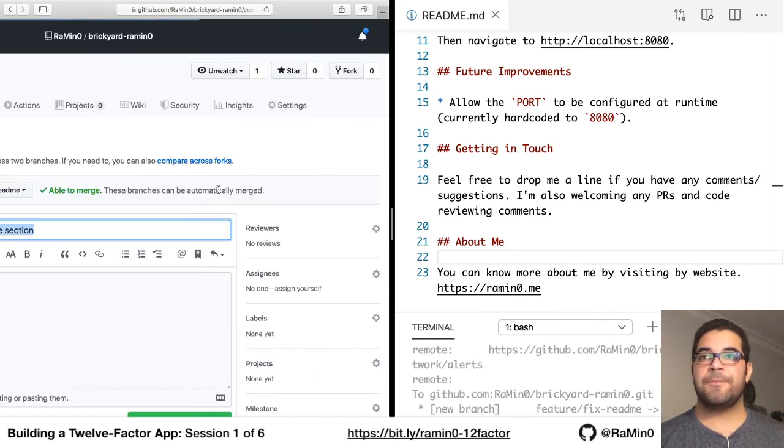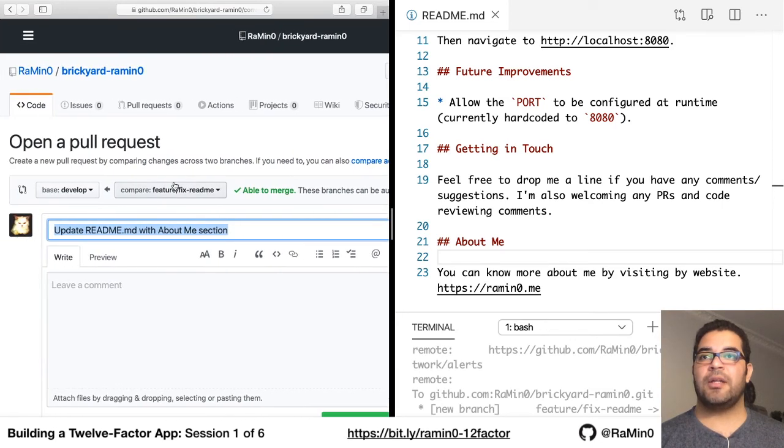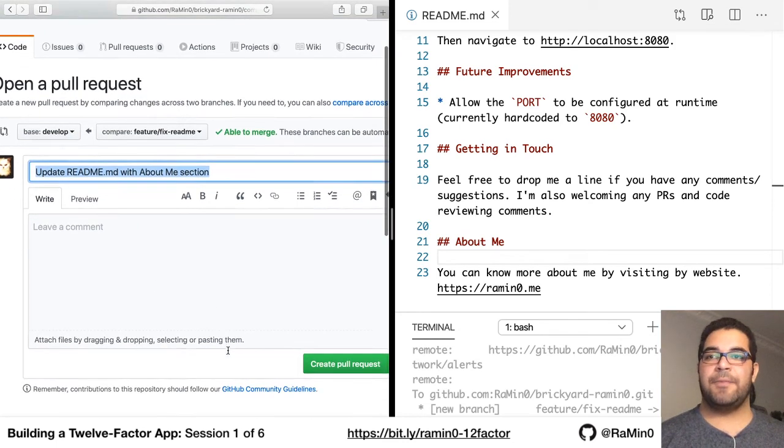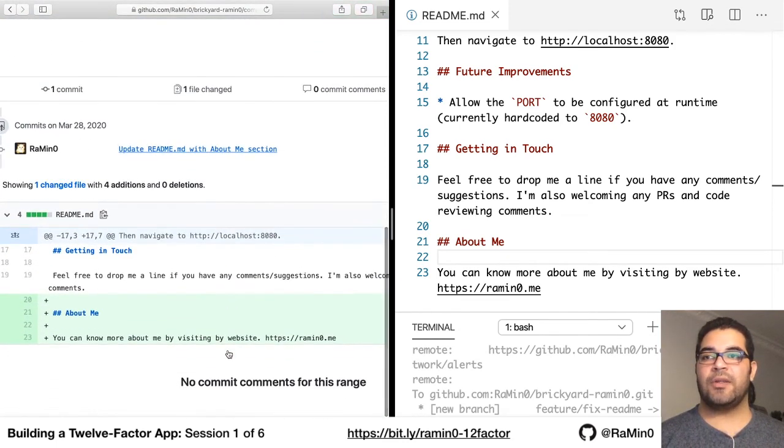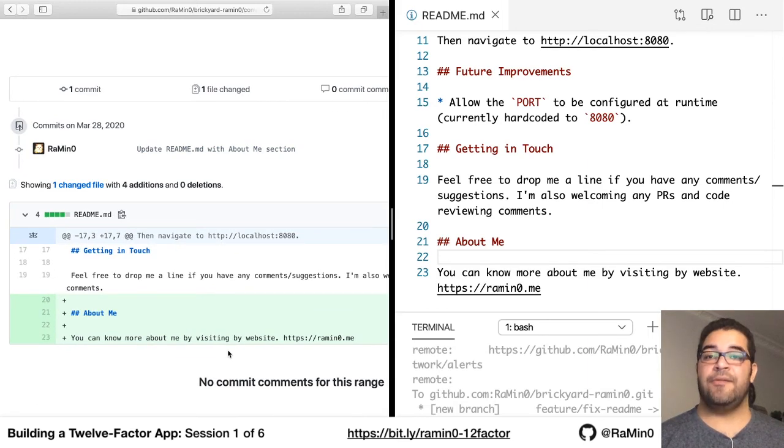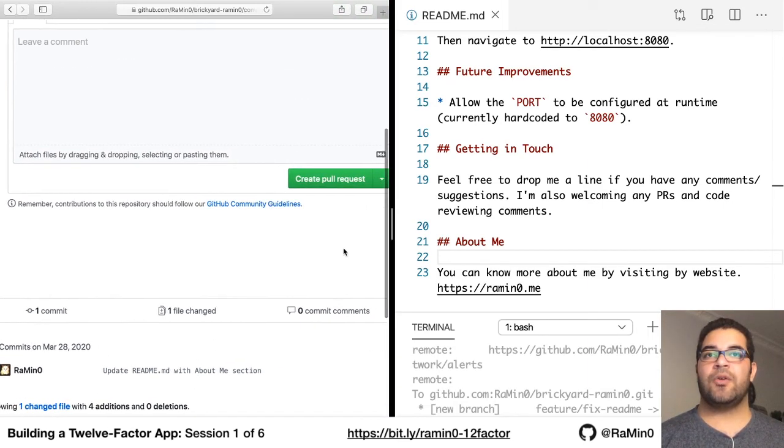which when we click on it, says that we're now trying to compare this feature branch fix readme with the develop branch, because we should always merge our supporting branches into the develop branch unless otherwise specified. It gives you at the bottom here what the changes that were made are so that you can review them one last time, and then when you create the pull request,